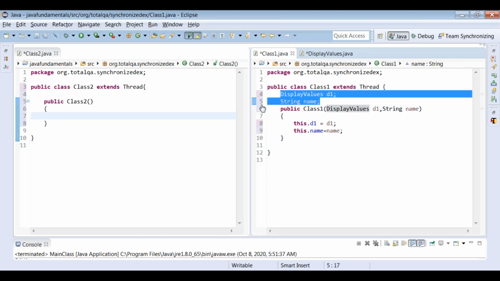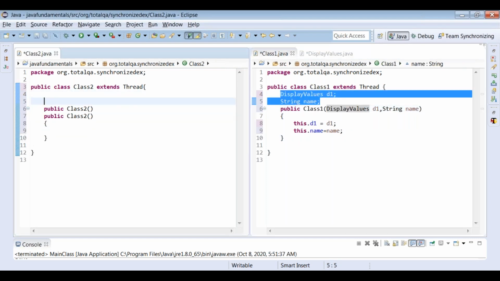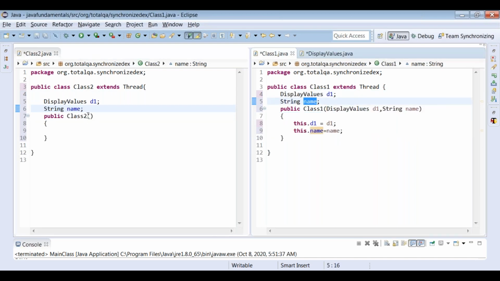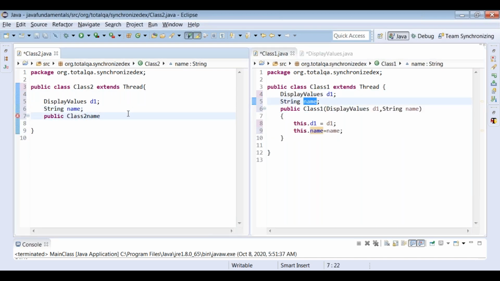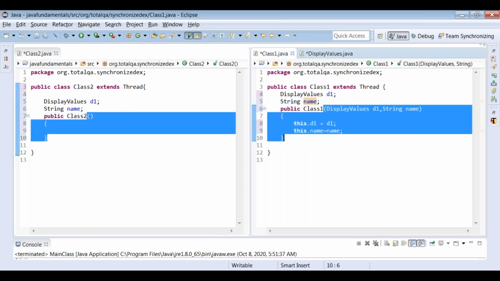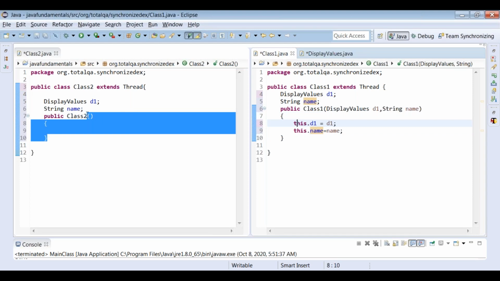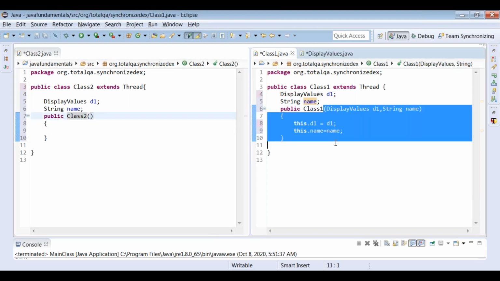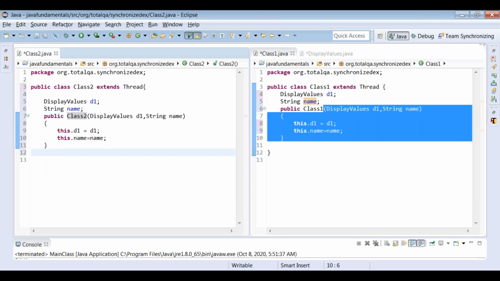We create two variables, one is the DisplayValues d1, and this takes two arguments. Let me copy this and put it here. So both classes have constructors that take two parameters.